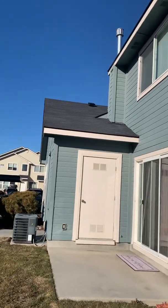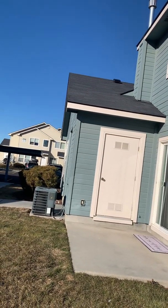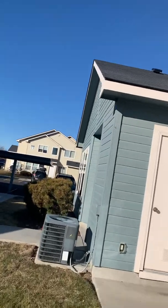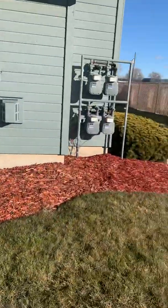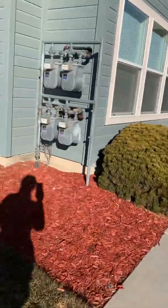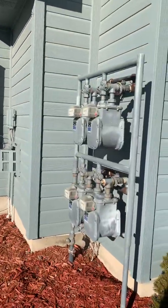I can't tell yet the age of the roof, but it should only have 1 course on it, so if it has 2, it's been replaced. And if it hasn't been replaced or had a second course put on, it's going to be due. Some of the beds have fresh mulch, and a couple of them they missed a couple spots. 4 gas meters,